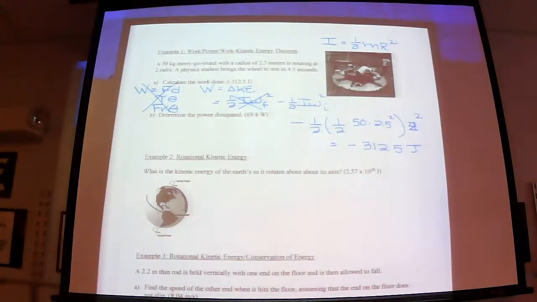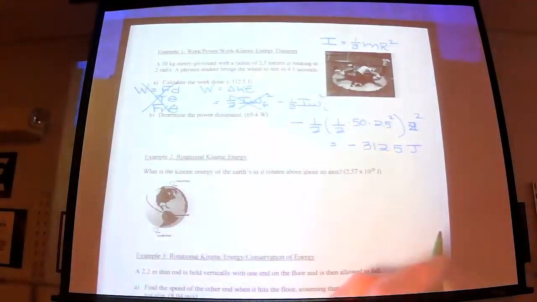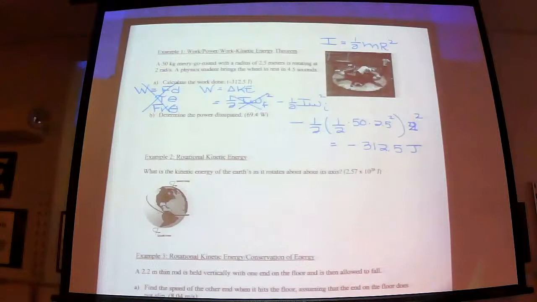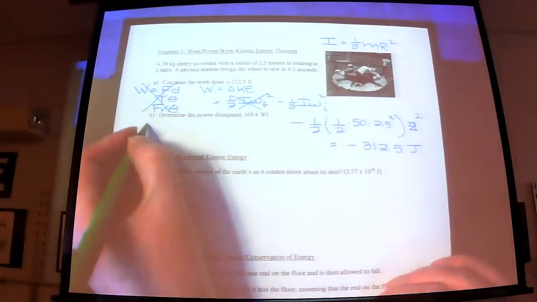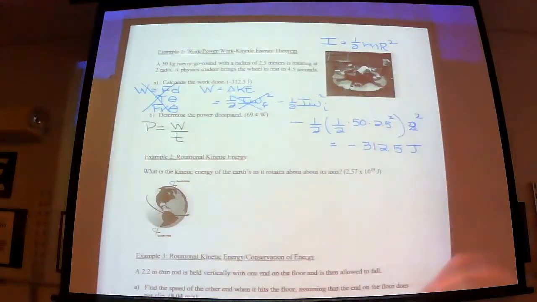Are we good? All right, the next thing, determine the power. The power dissipated is kind of like a physics vocab word. It means spent. Find the power spent. And all you need to know for power is that power is work over time. And since I already have the work,